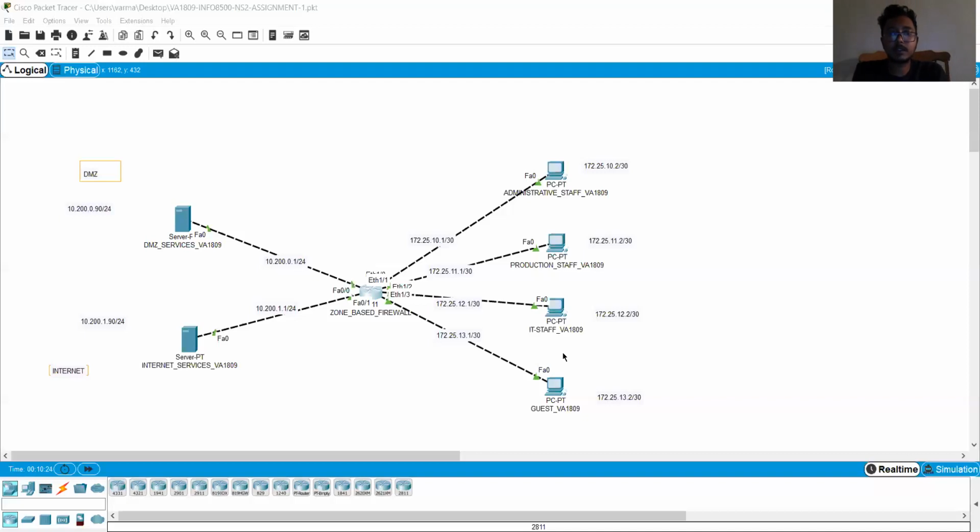For admin to internet, we have used web, which doesn't have DNS, only HTTP and HTTPS. After that, for the IT to DMZ traffic, the policy map is going to inspect all class type, all protocols. It's going to allow all kinds of protocols.